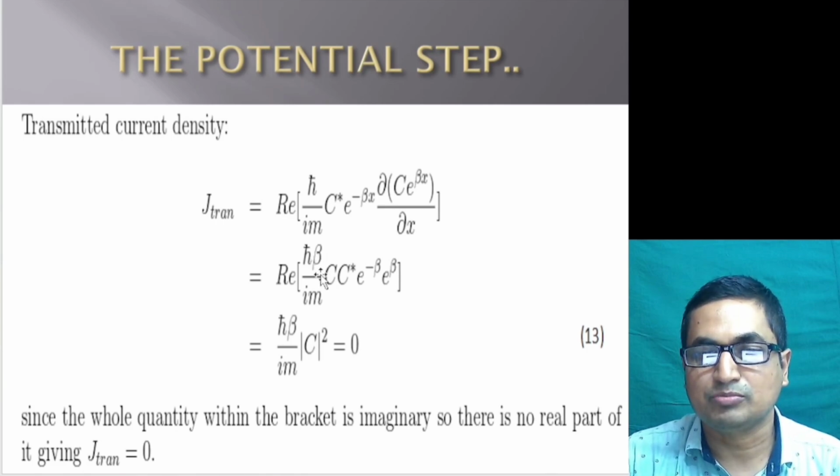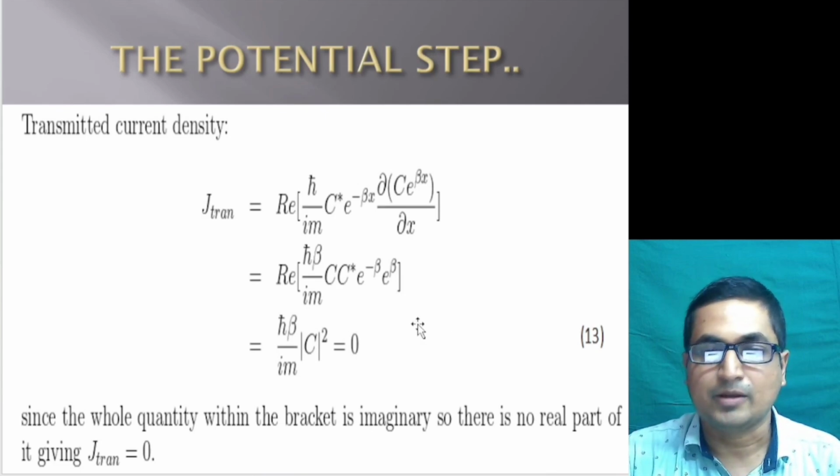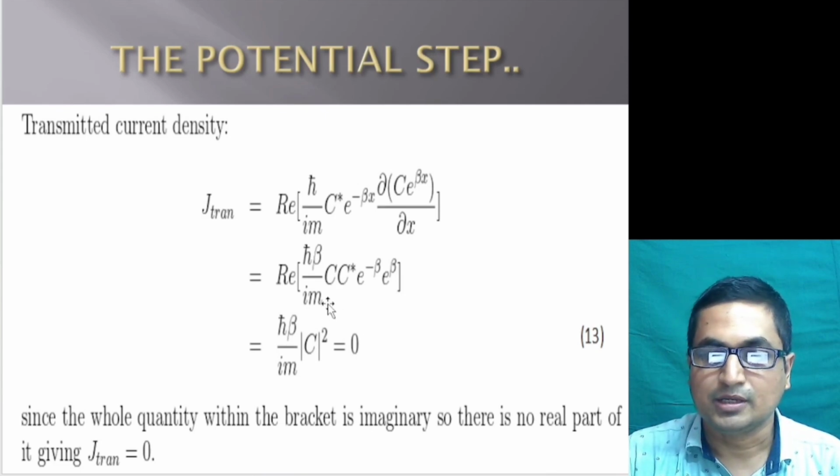So s cross beta divided by im c modulus square. Since this quantity does not have a real part, that means it is equal to 0. While calculating the current densities, we are always interested in the real part of the quantity within the bracket, and since there is no real part here, this transmitted current density is automatically equal to 0 as